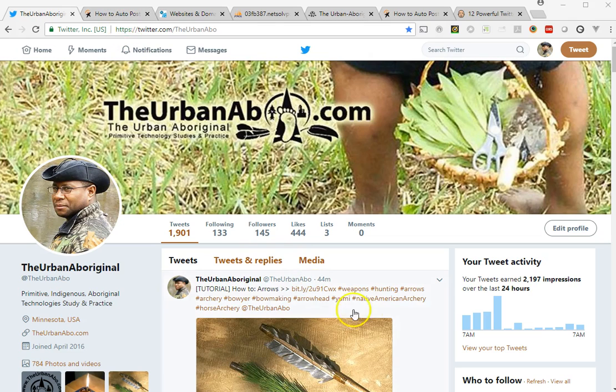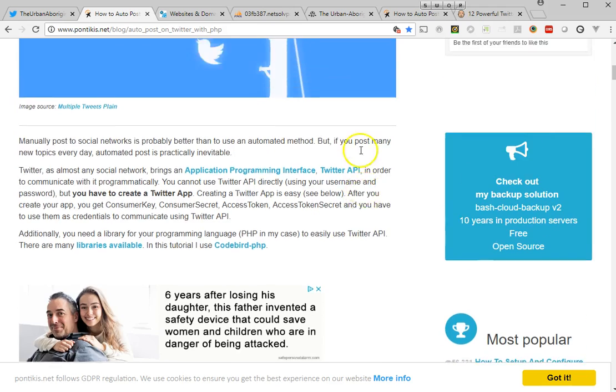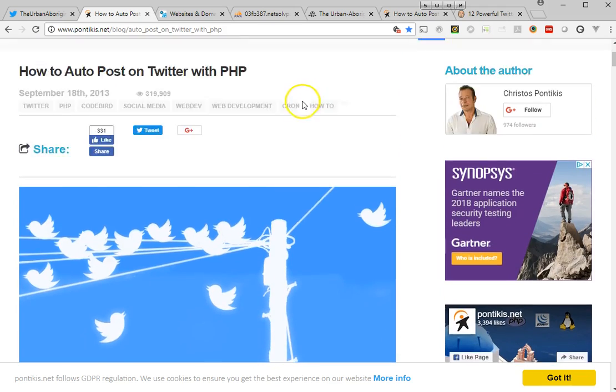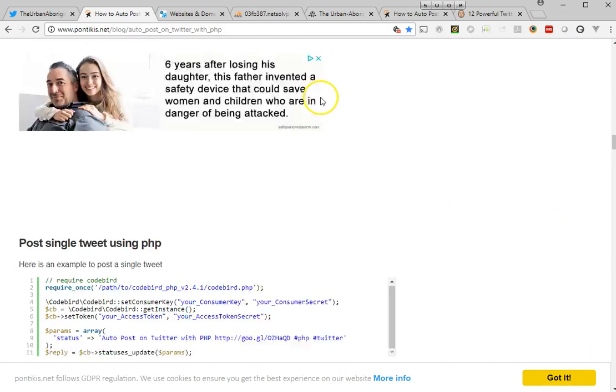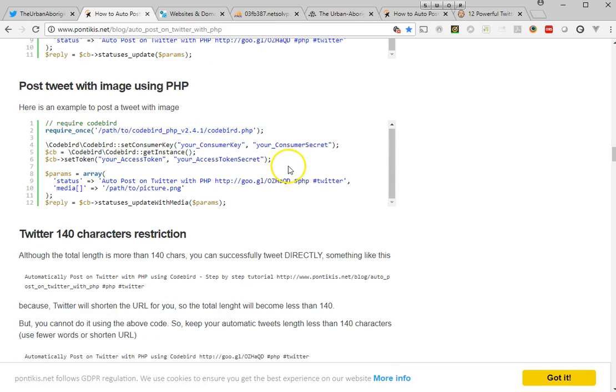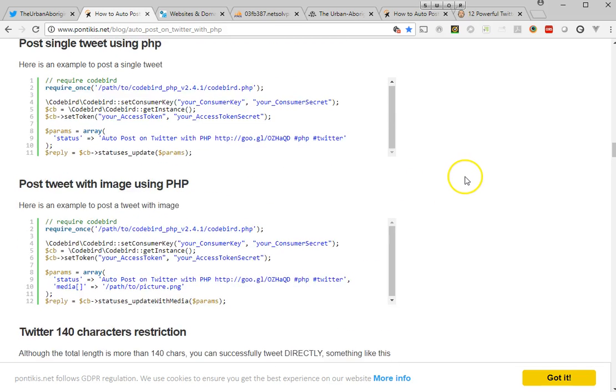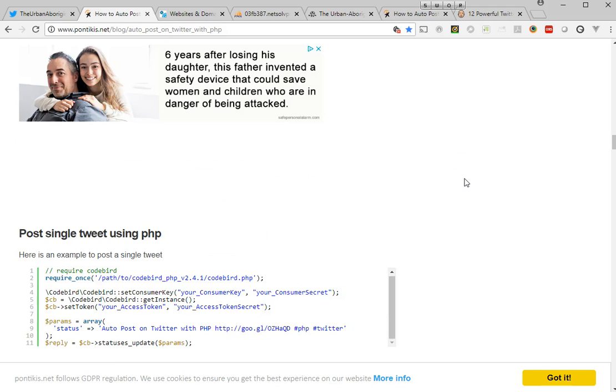So basically, I've set up this auto tweeter here that's going to tweet every hour on the hour a random tweet from my database or a random tutorial or whatever I'm trying to push or market to my Twitter feed. And there's a tutorial on how to do this using PHP. There's tons of them out there. This one was the quickest one, and it uses a script that someone else already wrote as far as talking to the APIs of Twitter, and it walks you through registering your app